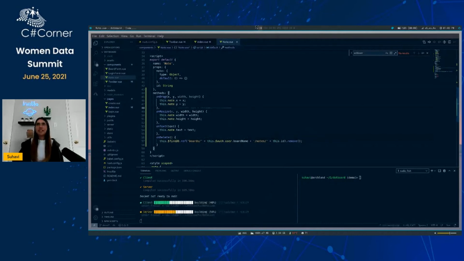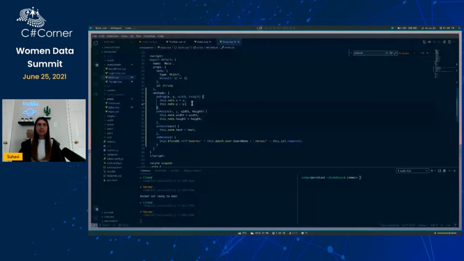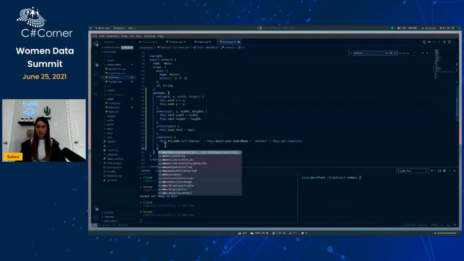And we're just going to test out to see if our changes are actually working. So when I add, it adds a new note. And when I delete, it's actually deleting it. And you can see it's also coming on both sides. But when we resize, it's still not going to work since we're not pushing our updates up to Firebase. So let's write one more method called update.